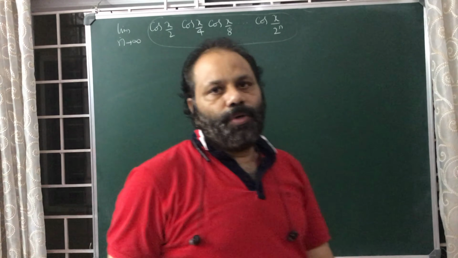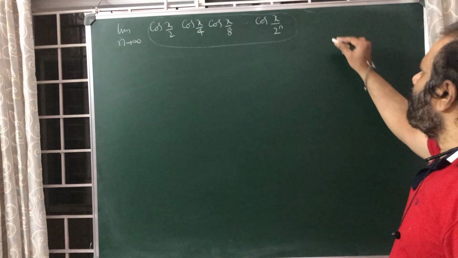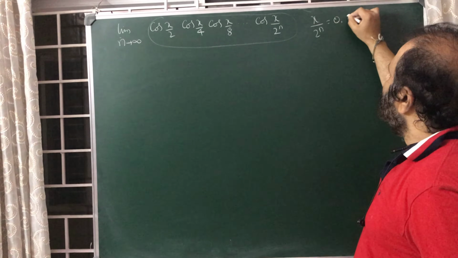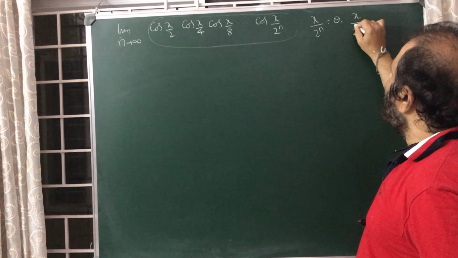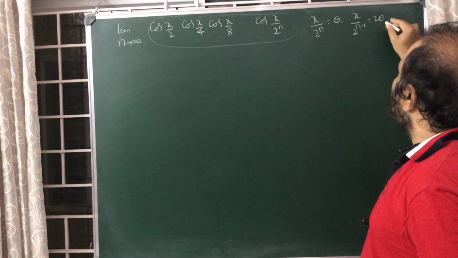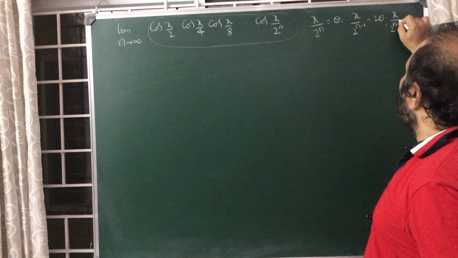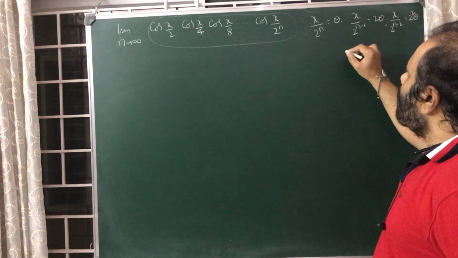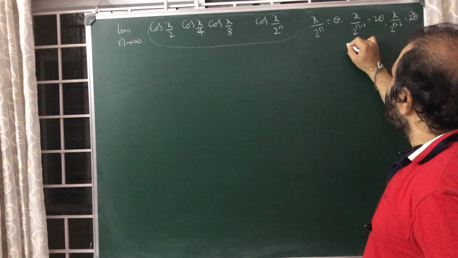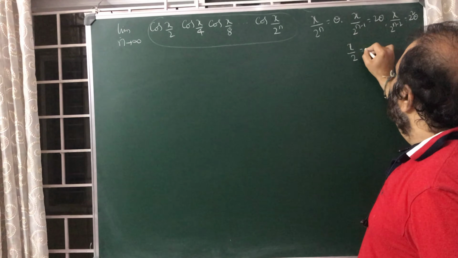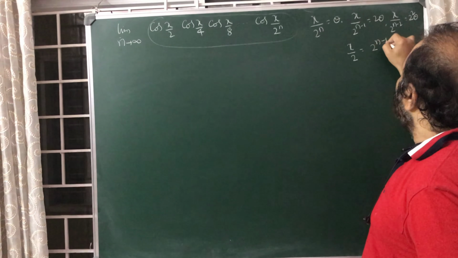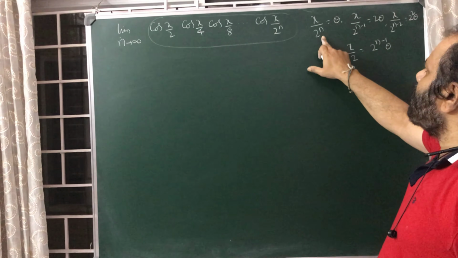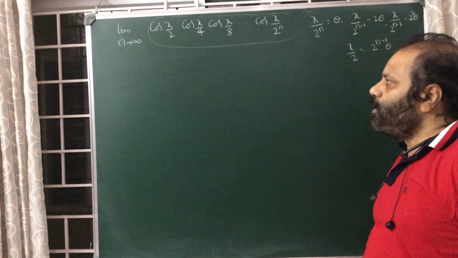So what I am going to do is, I want to take x by 2 power n equal to theta, so that x by 2 power n minus 1 will become 2 theta. X by 2 power n minus 2 will become 2 squared theta, or you can say 4 theta, and so on. What is the last angle? X by 2 will become 2 power n minus 1 into theta. Very simple.